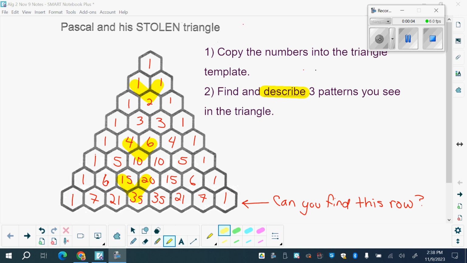So it's not hard, it just takes some explaining, and I need you to kind of discover it. So I'm going along and doing it a little bit slowly so that you can discover what's happening. Okay, so